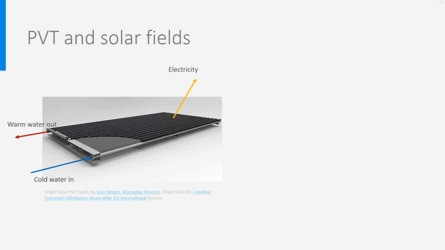Electricity is produced by the PV part, while a water pipe circulating on the back uses the heat lost to heat the water. This warm water can be used for hot tap water and also for space heating. In that case, the warm water is the heat source of a heat pump. Alternatively, air can be circulated in the pipes and heated this way. Another advantage of this is that it also cools the PV cells, which then perform better.